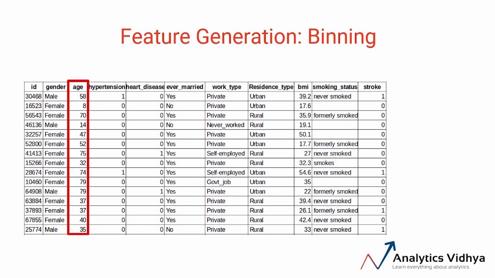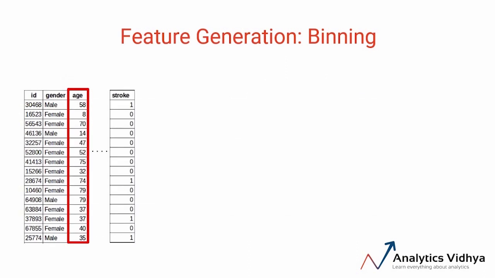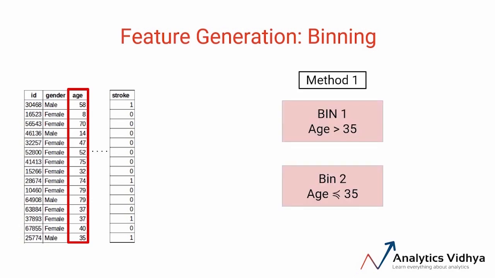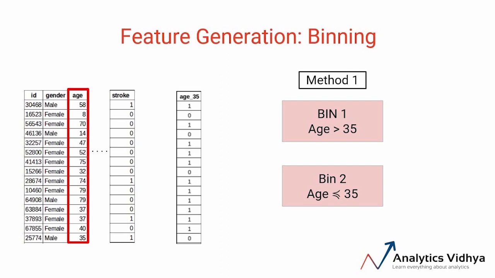First, we have the age of the person. It's more likely that adults will have a stroke rather than kids. So we can create bins using this age column such that we classify adults in one bin and young people in the other. Now this can be done in various ways. The simplest method is the one we just discussed, where we set a cutoff at a value, say 35, and create two bins. The rows which have age greater than 35 will be marked 1 and others will be 0. So here we have created two bins.